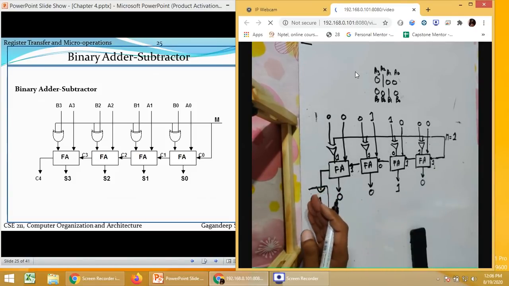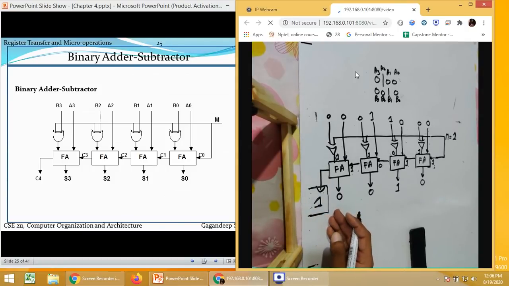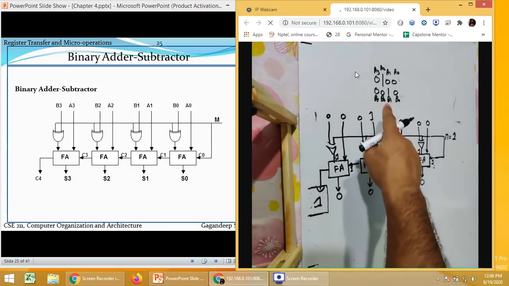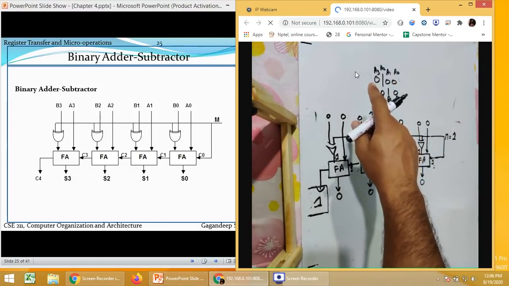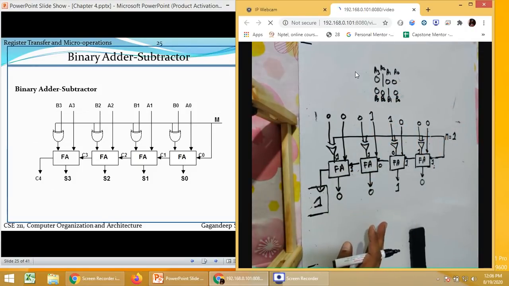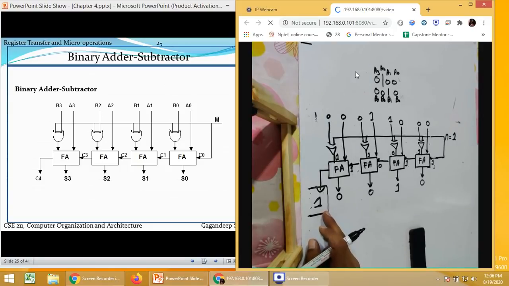This one we can neglect because this is a carry, and in subtraction we don't use a carry. We use borrow. And sometimes we get a negative answer. If the upper value has a lower magnitude and the second value has a higher magnitude, then there might be a use of this, because we use a borrow function in that.